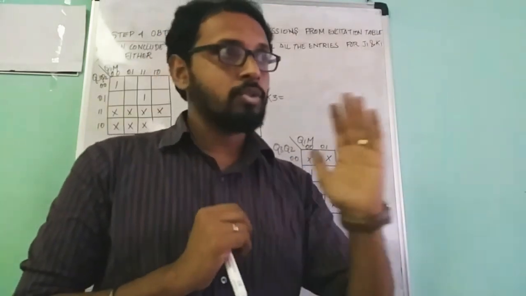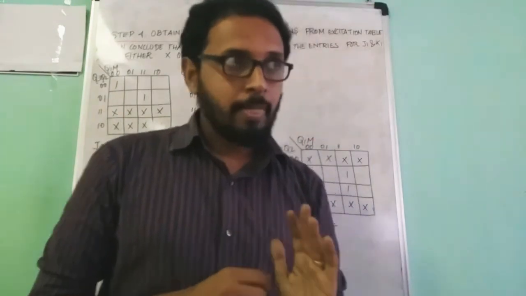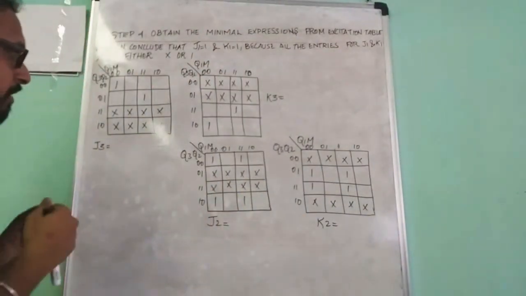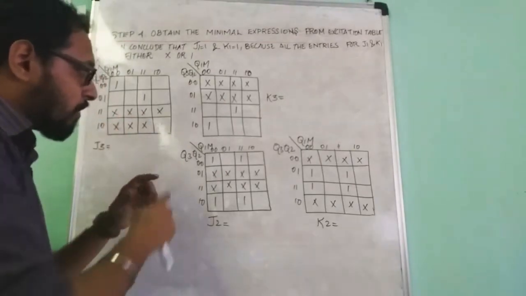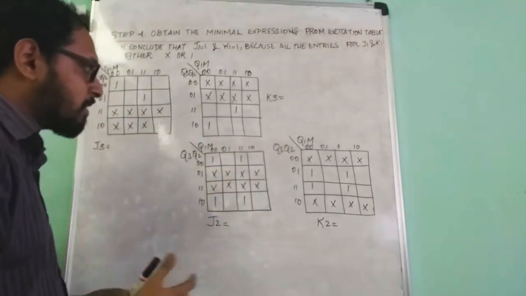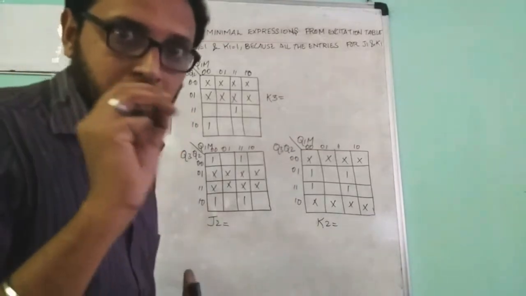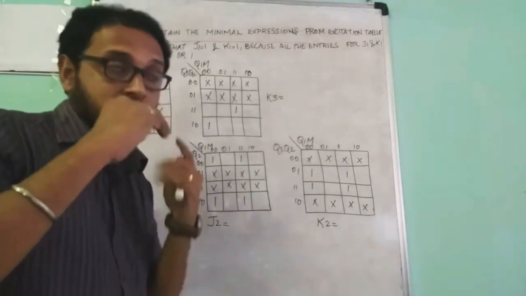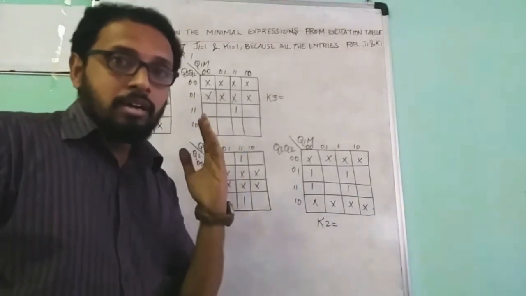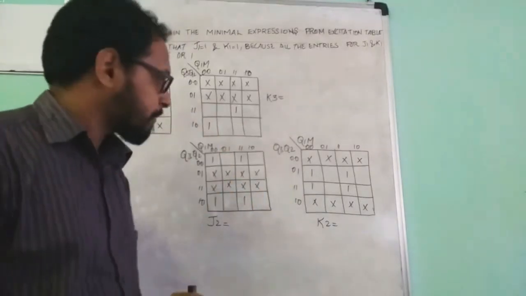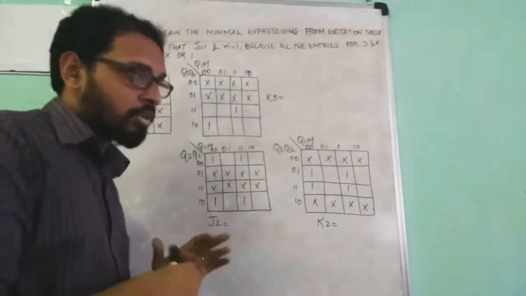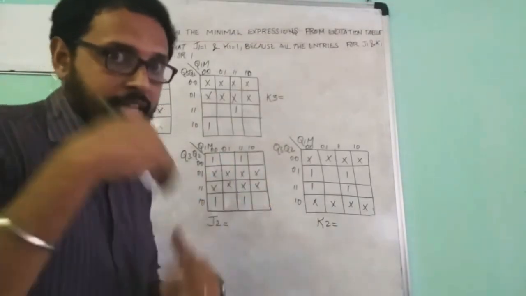Clear? You also go for don't cares. Okay, and how did the don't care concept come here? What is the reason for this 4-variable K-map? Actually, we designed the 3-bit case, but we had the mode also, so it became 4, and based on that the don't cares also came into action.